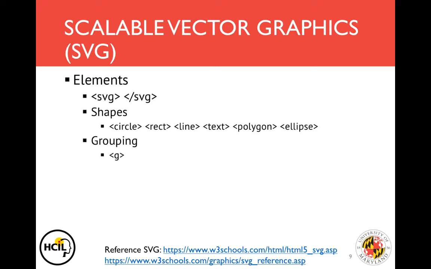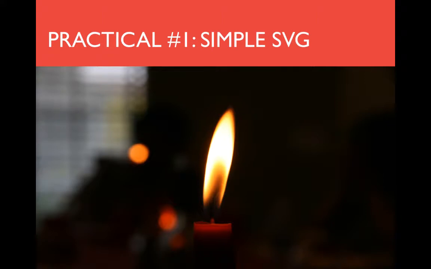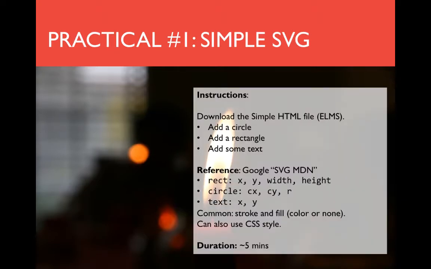So we're going to do a quick exercise. You're going to start and you're going to create your own simple vector graphics. I'm actually going to do it for you here, and I'd like you to try it out yourself. So download the simple HTML file that is linked up on Elms, and we're just going to add a circle, a rectangle, and some text. As reference here,